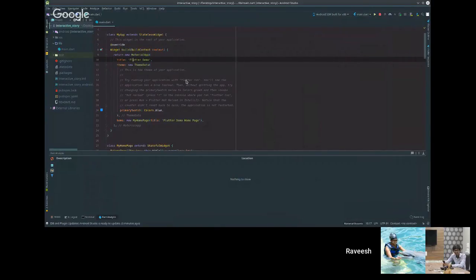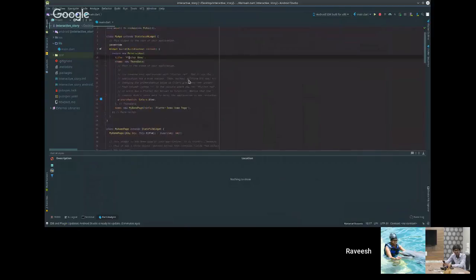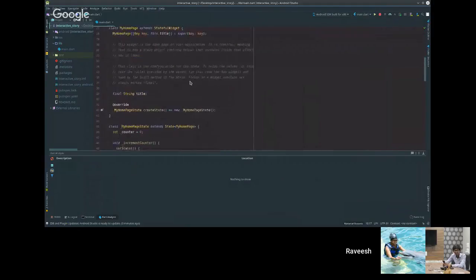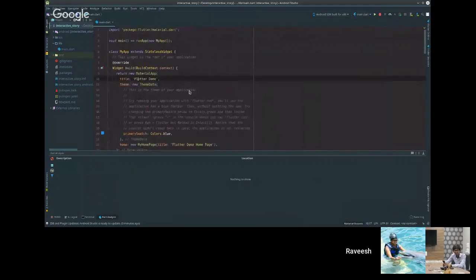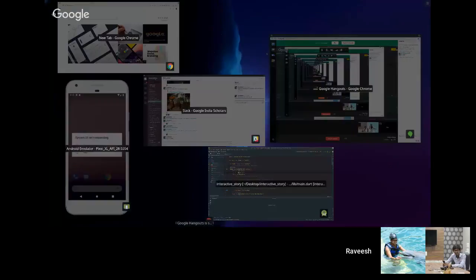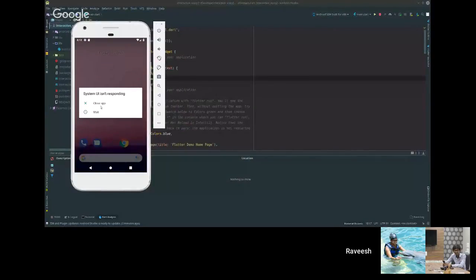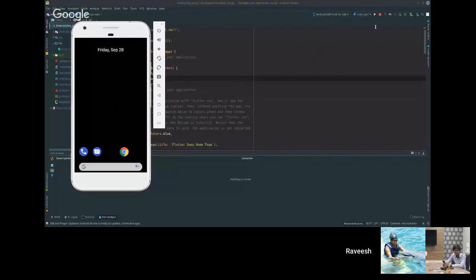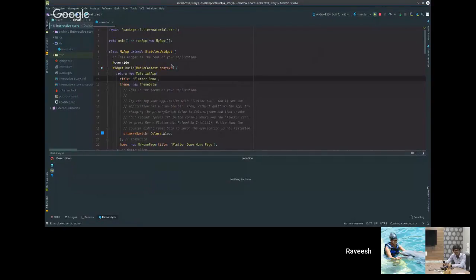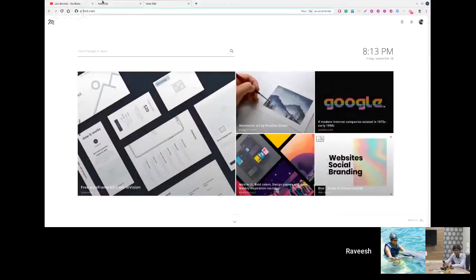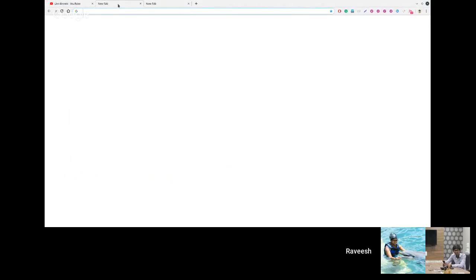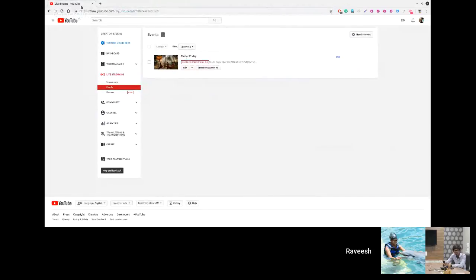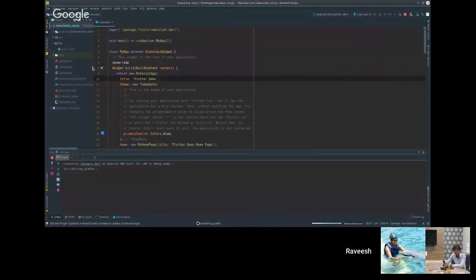Now this is the default Flutter app that comes with every new project. And let's just build the Flutter app from scratch instead of going for something like